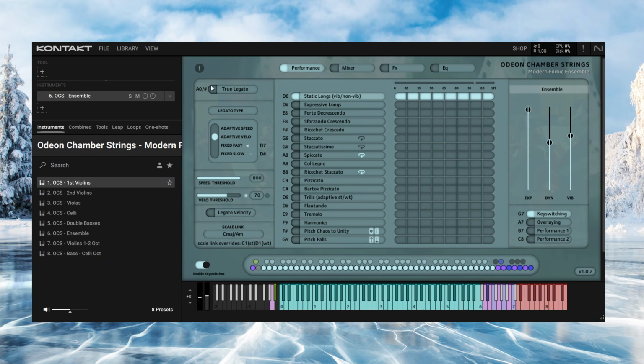So if we go into static longs, we can adjust the legato or turn the legato on. And now, if I try and hold down a chord, it doesn't happen. But we do have legato. Absolutely lovely. You can adjust the legato, so it can be velocity based. So when I was playing that, I actually missed one or two transitions out, but